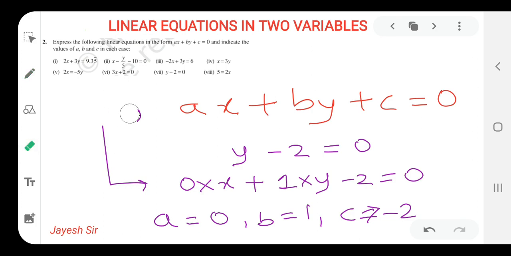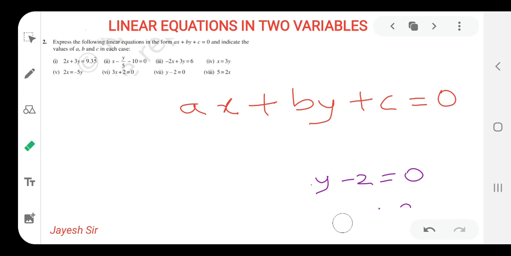After that, let us move to the last sum for the day and see what answer we are going to get. 5 equals 2x. Now that is a little bit of a twist, but I have explained this to you in the previous slide while explaining the concept. I hope you all might be able to do it on your own. If you are capable, then you have understood the concept clearly. So pause the video and try to solve on your own. Just try. If you are not able to solve, then you can see in the video, so no worry about that, but you should try.